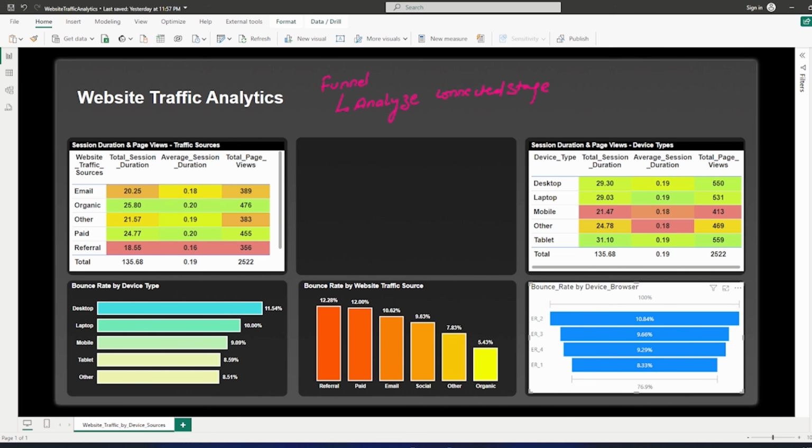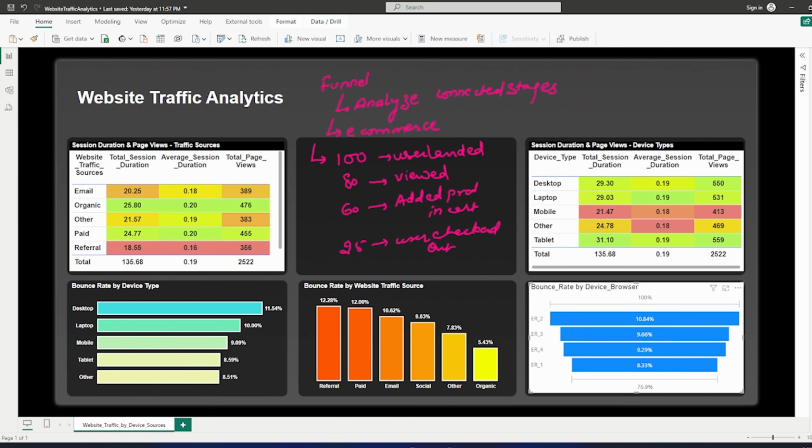And for that, let me give you one example of an e-commerce website. In an e-commerce website, there are several users who actually landed on the website. Let's suppose 100 users landed on the website. These are the landed users. Out of these 100, let's suppose 80 viewed different products. 80 users viewed different products. Out of those 80, 60 users actually added the products to their cart, and only, let's suppose, 25 users actually checked out